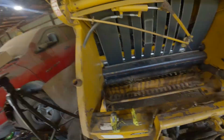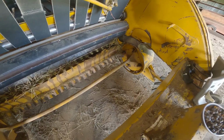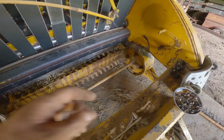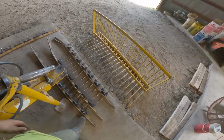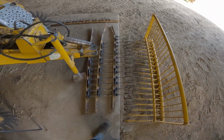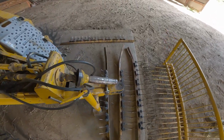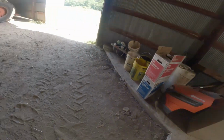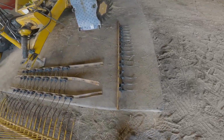Alright, the camera died here just before we got the last bar out. But got everything out of there. We still need to tear into that side to make sure that there's nothing wrong there. But 3 are definitely bent, as you can tell there. This one is bent that direction. And the 4th one, it's pretty straight. There is a small snake in the center of it, but